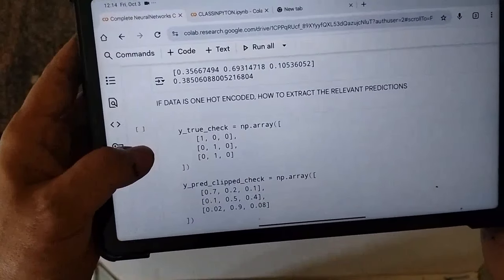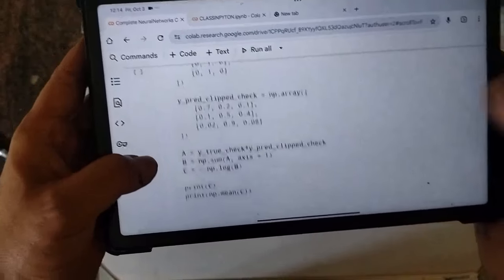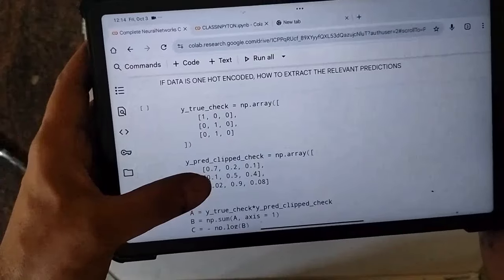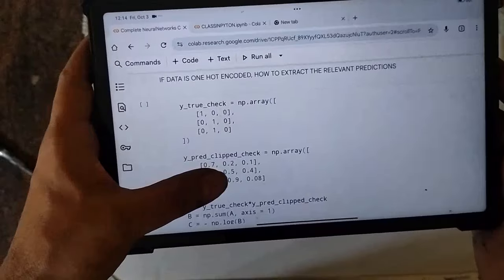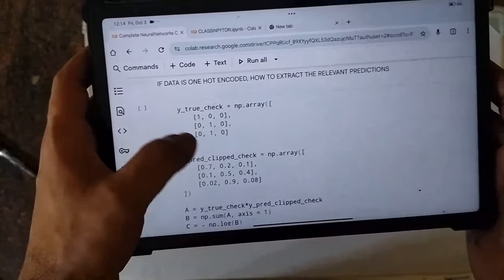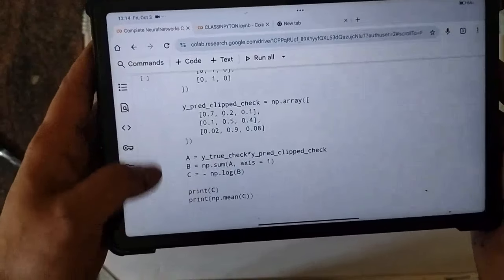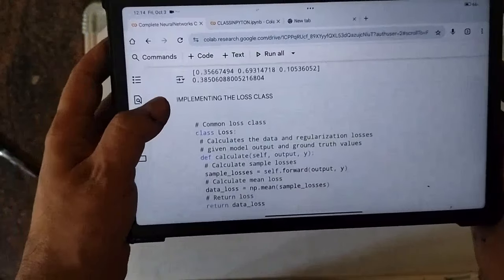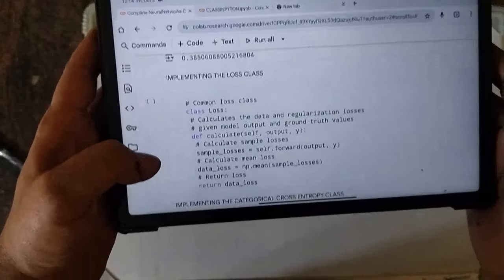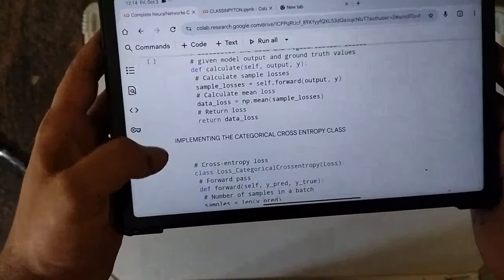Next, we have taken one array, and the same question. What we are doing here is multiplying this and this. My predicted values are 0.7, 0.5 and 0.9. This is my correct answer and this is my predicted answer. After that I am getting this one. This is the method to write the code. Implementing the loss function by class is also very simple. We already explained how the class is working.